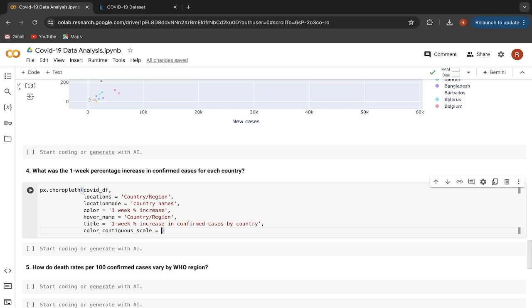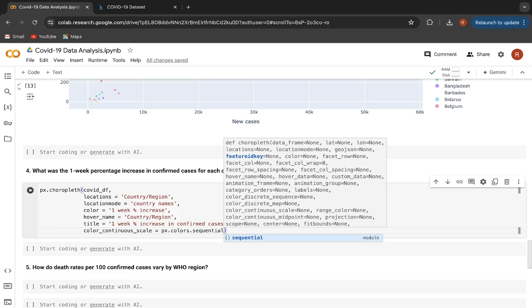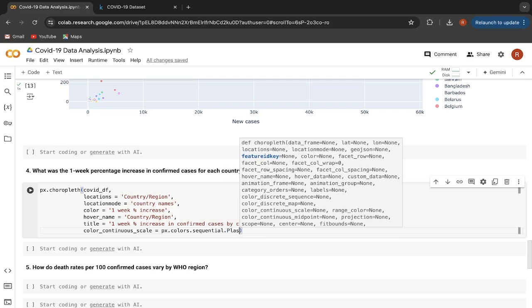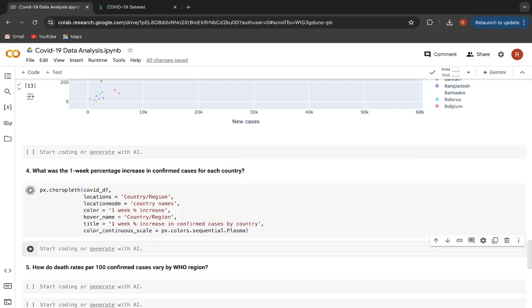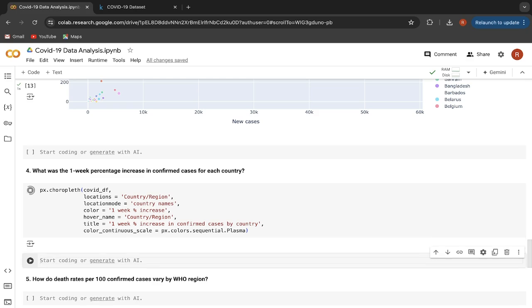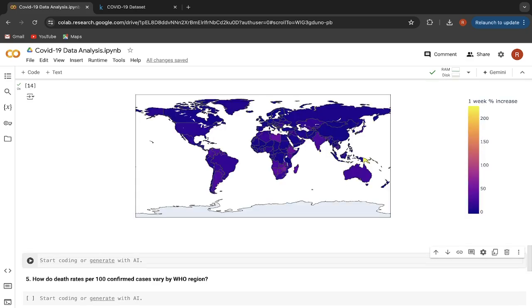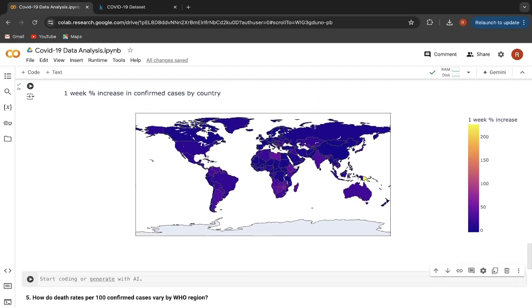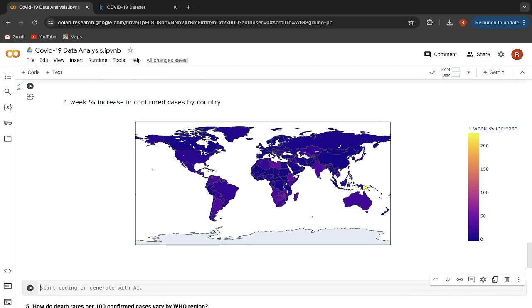Let me say px dot colors dot sequential. These are just the theme names. If you go to the official documentation of this plotly choropleth map, you can find various scales available there. Dot plasma. Let's run that. So as you can see, you are getting this choropleth map according to 1 week percentage increase in confirmed cases